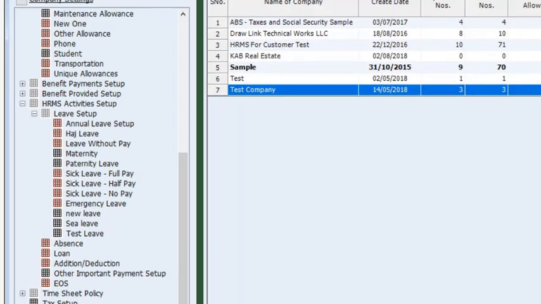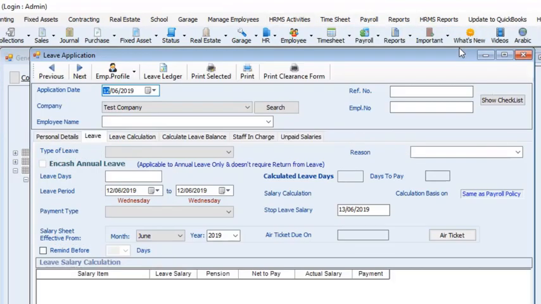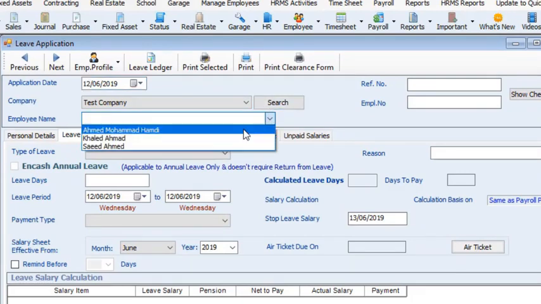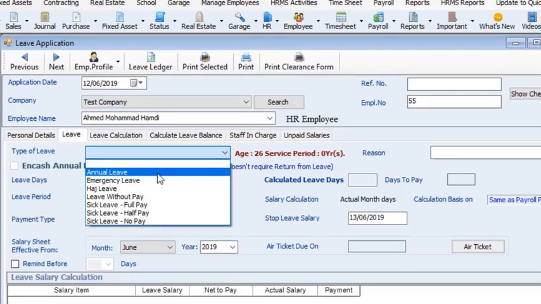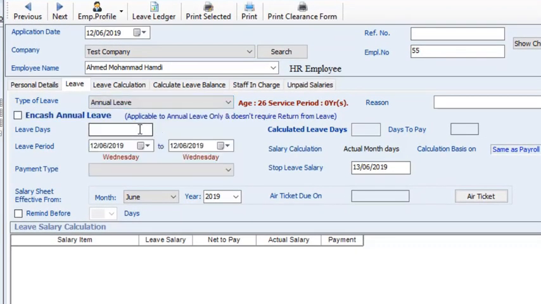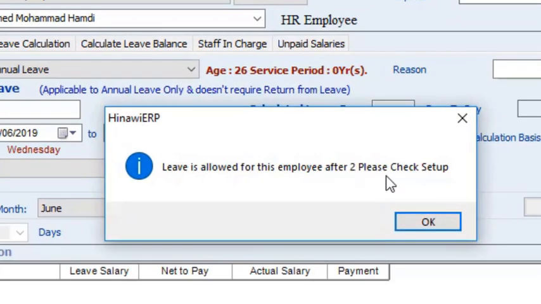Let's say, for example, we want to create a leave, and let's select one employee, and let's select, for example, annual leave. Notice here that the leave is allowed for this employee is after 2. Now, please check setup. When we receive this message when you want to create a leave, explaining that you have to check the setup and leave is allowed after 2, what this means is